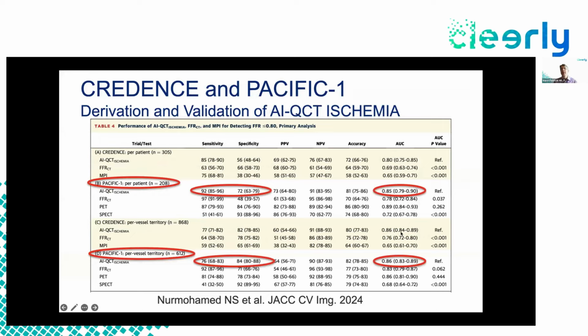So again, we took the results of the derivation cohort and put them in another, independent data set. And as you can see, the data are similar to better. Per patient, you have sensitivity and specificity at 92 and 70% with an AUC of 0.85. And per vessel territory, 76% sensitivity and 84% specificity with an overall AUC of 0.86. These data are slightly better, or for some per vessel similar, to the FFR-CT algorithm, with overall slightly better numbers as compared to CFD